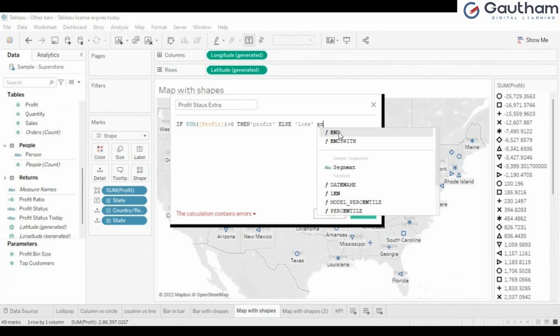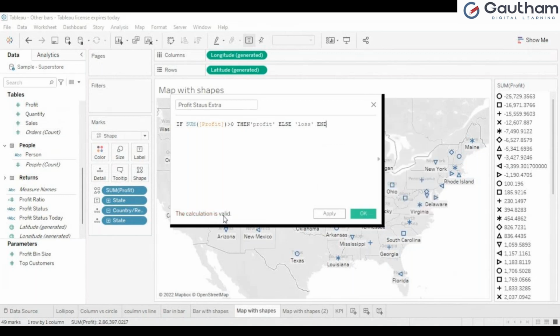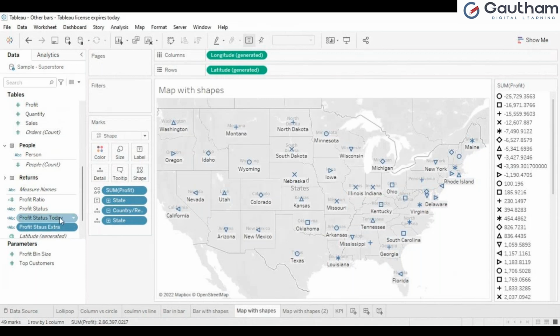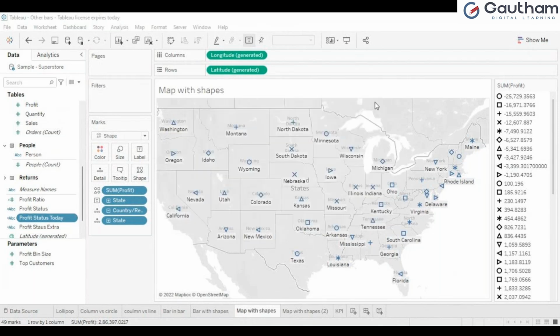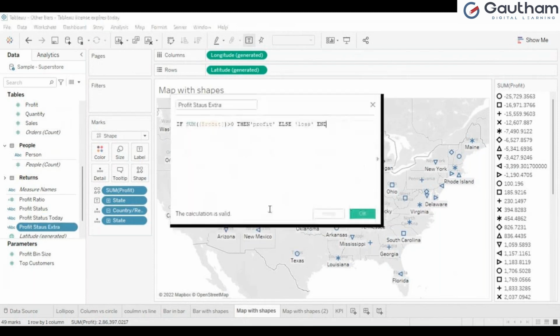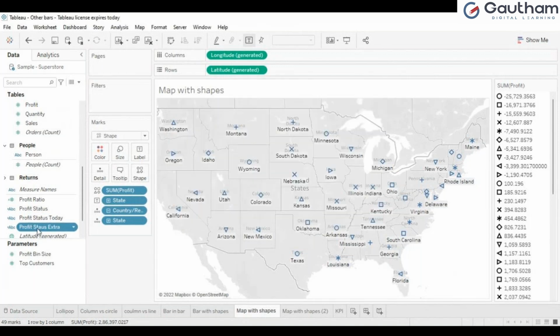You can do that. See, just I'm applying it. Observe carefully. Nothing has been changed. Why? Because I didn't use it, right? See, feel the difference. I'm editing this, which I created yesterday. There are two dependencies, right? And here I have created it already but not yet used. That's the reason it is not showing anything, because I didn't use it. So let me use this. Get this profit out of the sheet. Let this profit status be the calculation part.